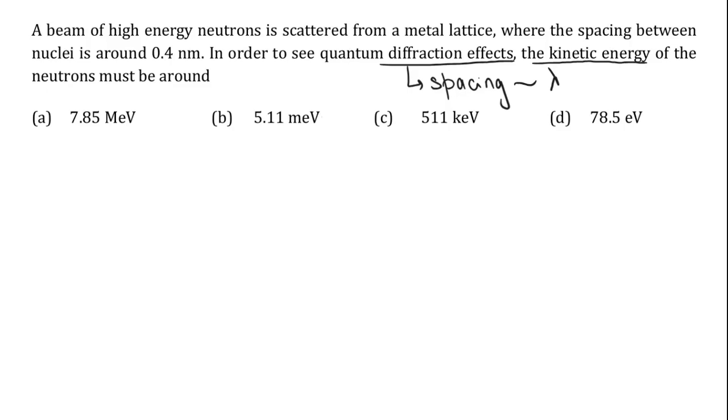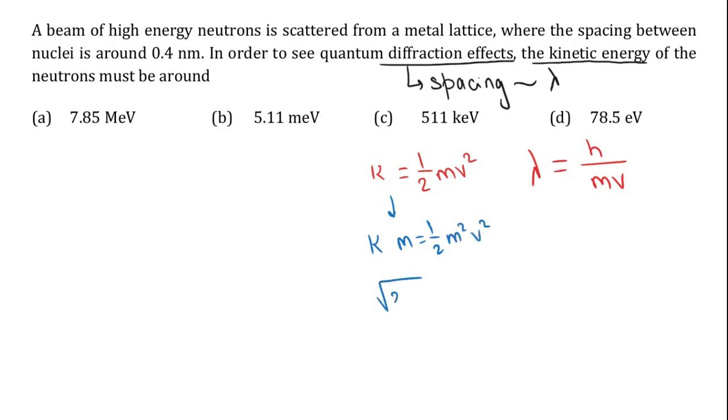And if we are talking about particles and then we are talking about wavelength, then of course the de Broglie wavelength shows up, which is lambda equals h by mv. However, we need this in terms of the kinetic energy, and we know that the kinetic energy, let's call it K, is half of mv squared. Putting this equation into an easier form to translate, we have Km equals half m squared v squared, or root of twice Km